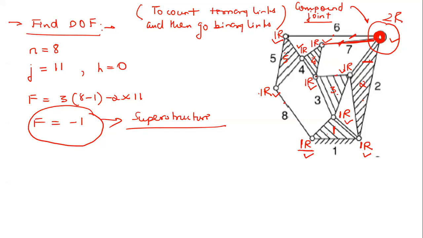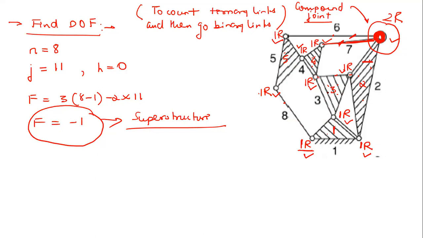No. See, here all these pairs are simple kinematic pairs. If you talk of this, link 3 and link 4, there are only two links, right? And link 2 and link 3, there are only two links connected at these points, right? So everywhere in the mechanism, only two links are connected if you observe very carefully. But this is the only pair where three links are connected. Here link 6, link 7, link 2, three links are connected at this point. That's why we are taking it as a ternary joint, and one ternary joint is equivalent to two simple revolute pairs. So now it is clear. Yes, sir. It's clear. Thank you.